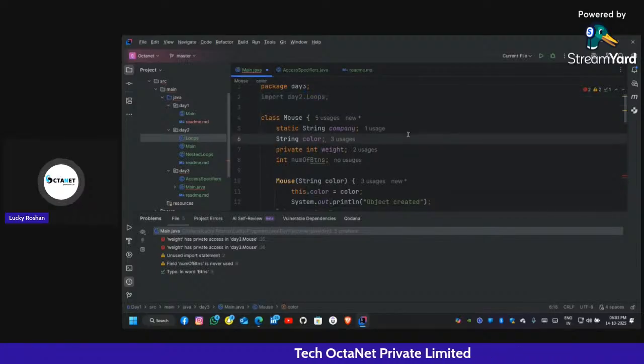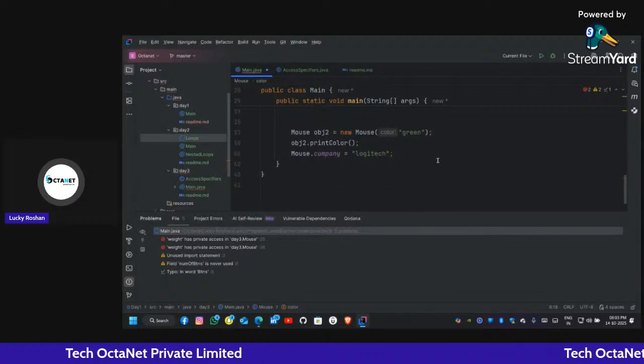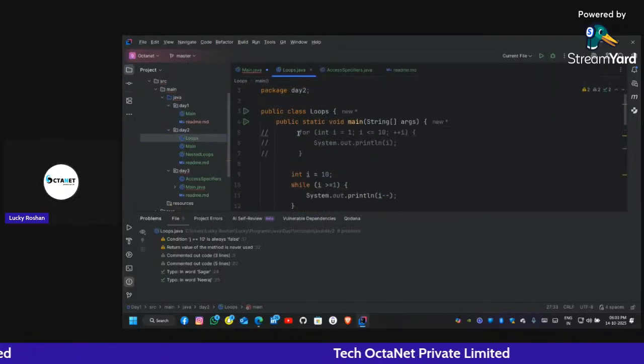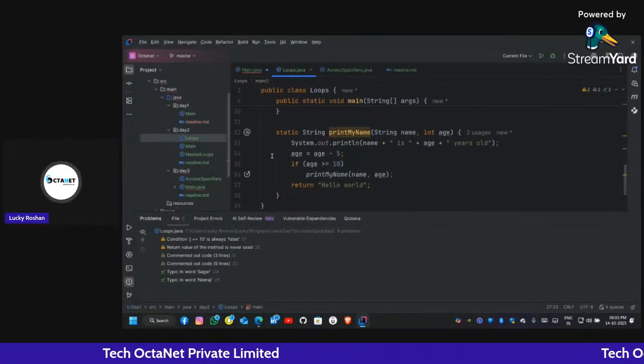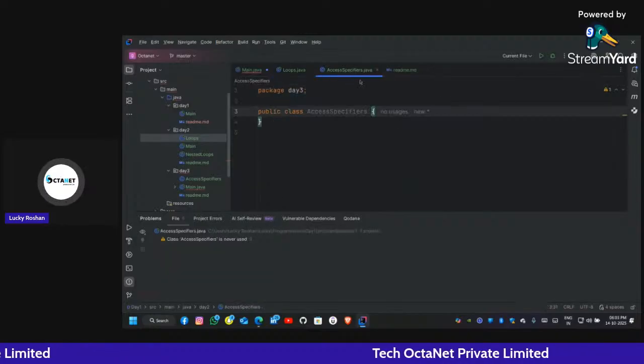Let me create the object of loops, because I don't remember anything as static in loops. Okay, print my name method is static, so we don't need to create the object.